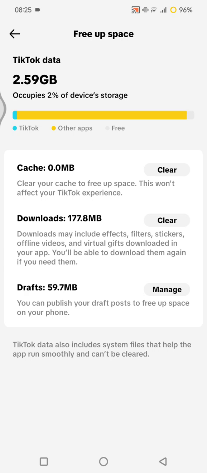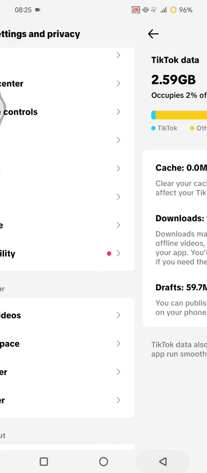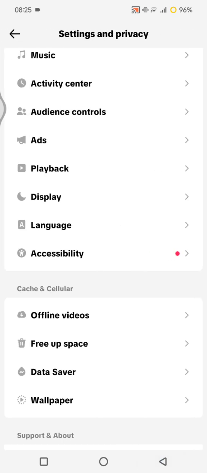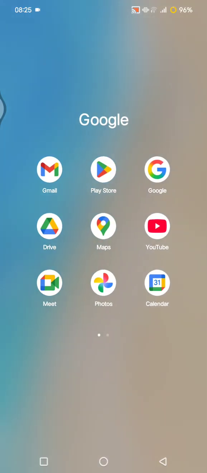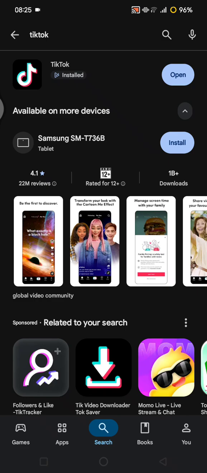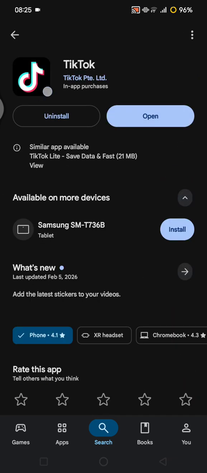And next one, you can try to just log out and log back in. So this simple step resets your session and can bring back the missing features. And if clearing the cache doesn't work, you can also try to just uninstall the TikTok app on Play Store or on your phone. You can just click on uninstall, and after that you can restart your phone and install TikTok again from the App Store or Play Store, and this will ensure your app is fresh with the latest